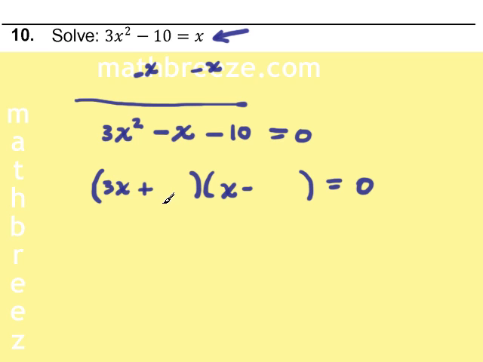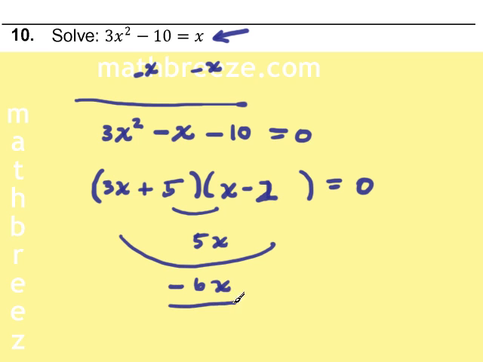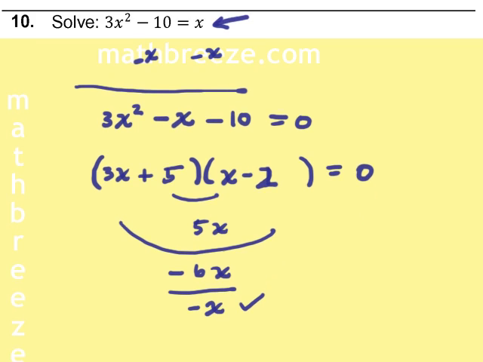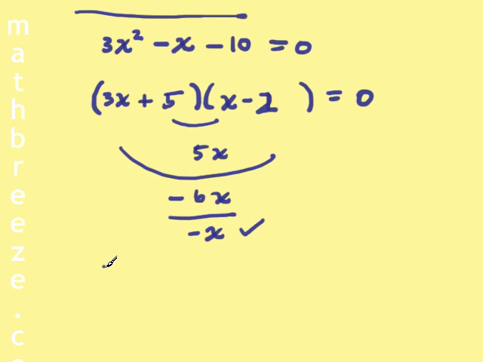All right, we want the middle term of minus 1, the coefficient of minus 1. If I put the 5 here, I think it's going to get too big. We're going to get a 15, so I'm going to put the 5 here and the 1 here. Sorry, 5 times 2, 5 here and the 2 here. Okay, let's check this middle term, 5x minus 6x, minus x. Okay, that's the correct middle term, so we just leave it and set to 0